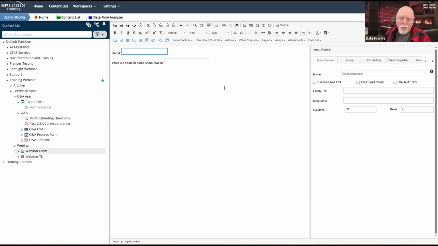One of the reasons why we don't recommend that you create sequence numbers on form creation is that you don't know if that form is going to get submitted. And if it doesn't, it burns your sequence number. And in this case, if you let people provide feedback before the form is submitted, that form may not exist. I mean, it's technically possible that they could submit the feedback and then not submit the form.